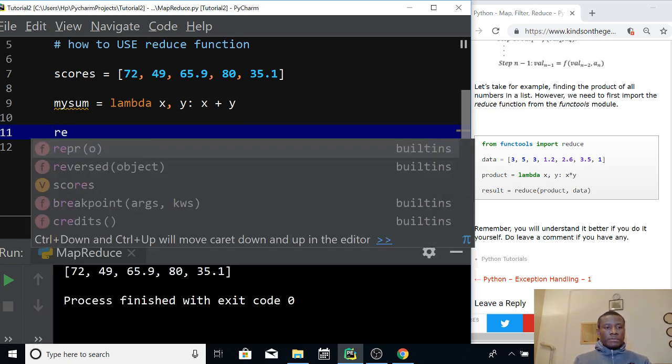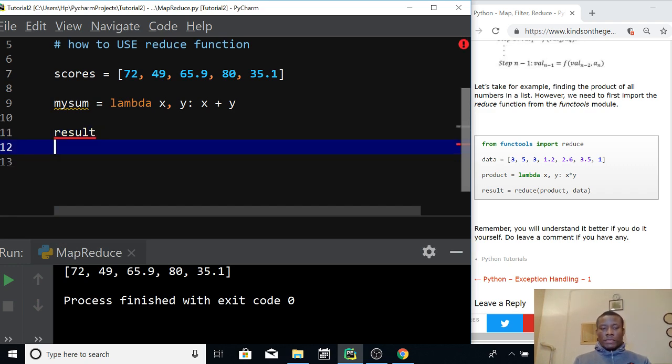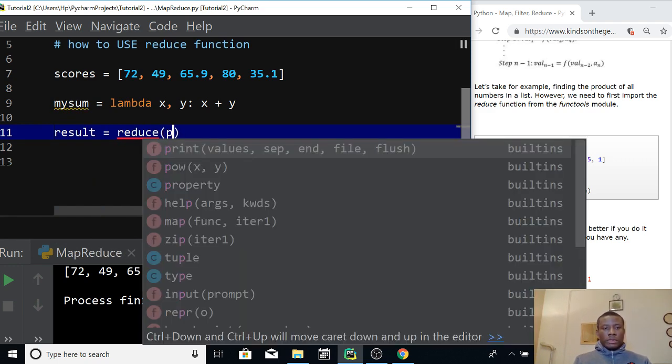So let's say result equals reduce. Now reduce is not